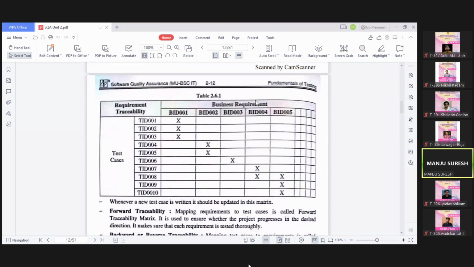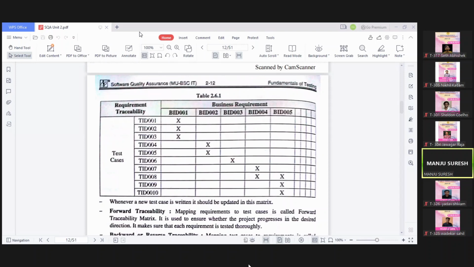Requirement traceability metrics. Just a second. Okay.